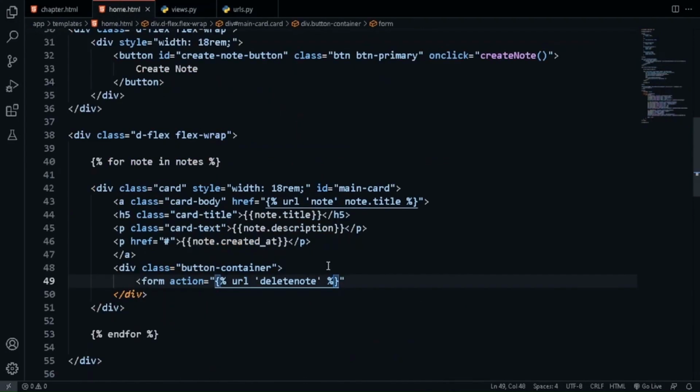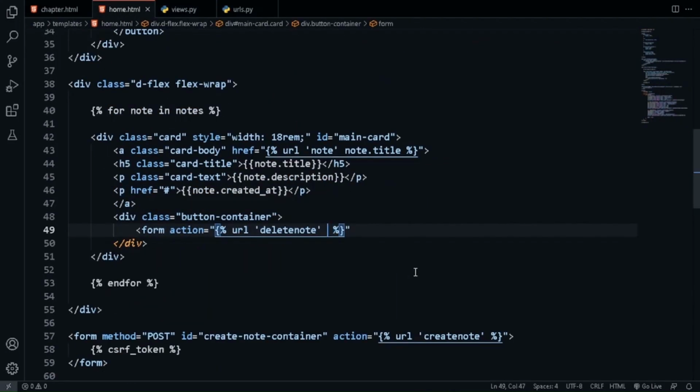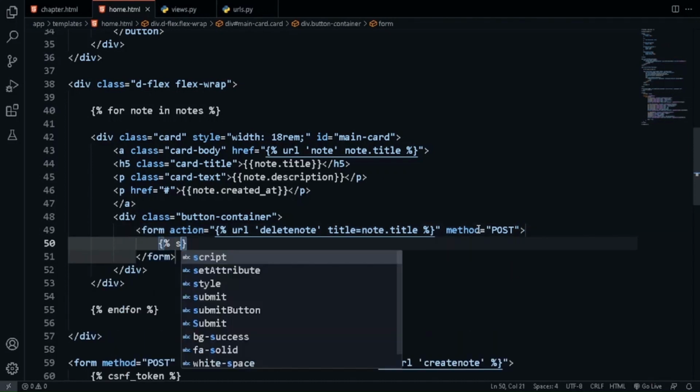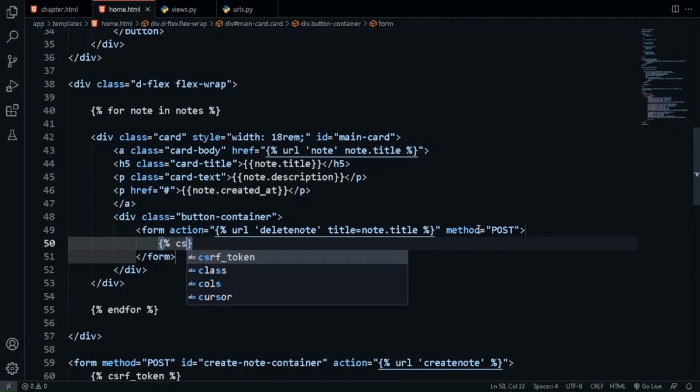Now coming back to the home.html, because it has a primary key, we will give it the primary key also. Title will be equal to note.title. Now we have the title also. Then the method will be obviously post method, and I'll close that form, and inside that, because we are using a form, we need csrf token, csrf underscore token,